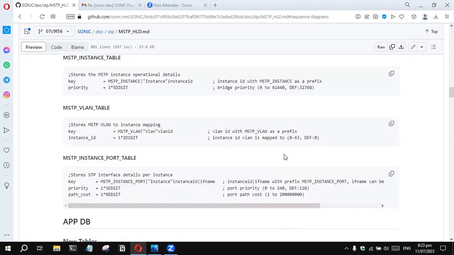So here, the instance to VLAN mapping, the MST VLAN table. If we have one VLAN and one instance, we are going to have 4K entries. One other approach can be that we add a list of VLANs in the instance table,